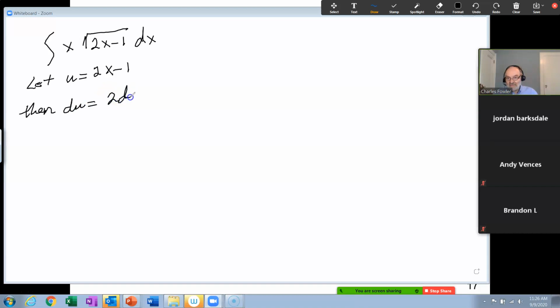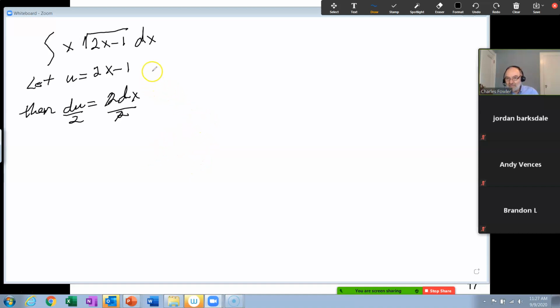And then follow that by du equals 2dx. And here we see our problem. Here we have a dx. Okay, we can divide away the 2. That's no issue. We've done that before. But what do we do with this x here? Well, here's the trick. And I think they should have explained something to you before they just give it to you as an example. So here's what you do.